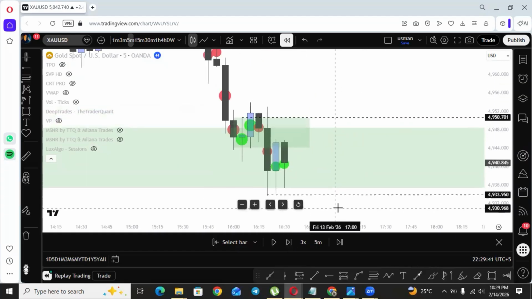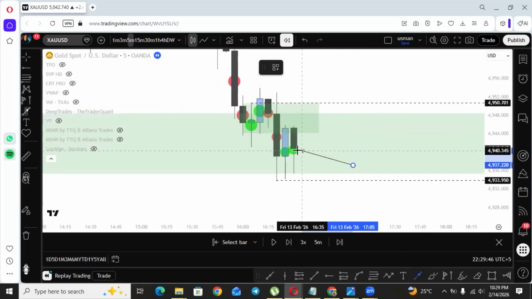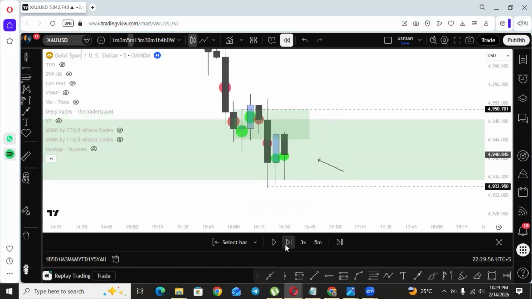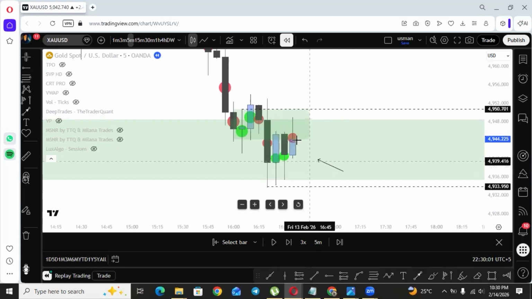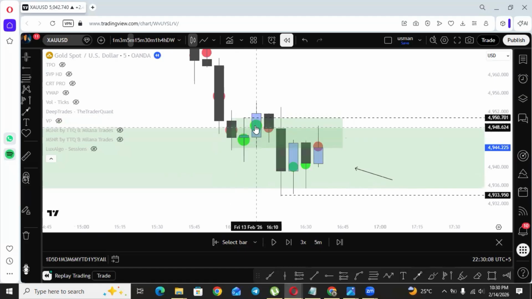We need a good follow through from the buyers, which will respect this aggression, so that we know our concept of absorption is confirmed, and then we can easily enter the buying trade. So let's wait for the market. Let's play it. What are sellers going to do? Sellers are trying their best from the level where buyers were previously absorbed, and when buyers try to push into that area again, sellers are again trying to absorb the buyers.